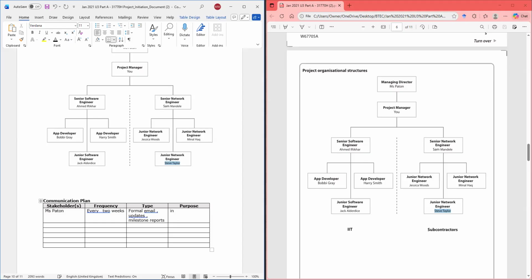So first, we're going to inform the client on the progress, right? Budget, status, risk, or changes.